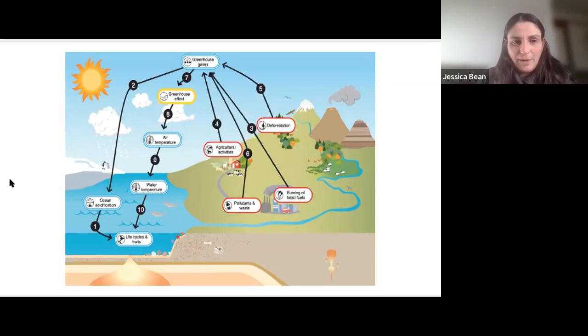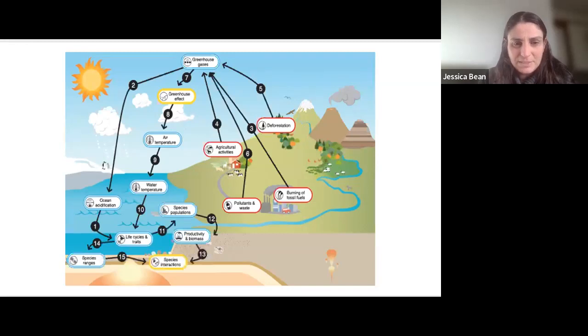And why would we care about this and how this affects ocean species? Well, because that could affect the populations and biomass and interactions and species ranges. And we could keep this system model expanding into other human activities and resources and food and all the things that we need. So lots of connections you can make from land to air to water, right, to the biosphere.